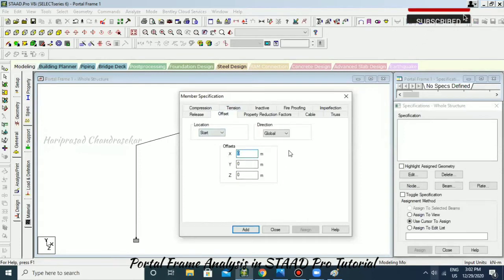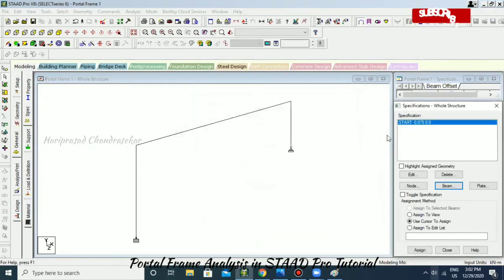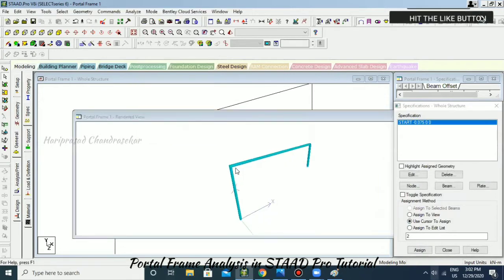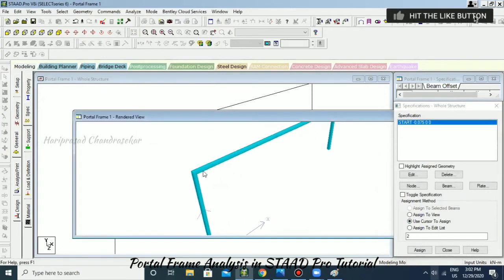We created 0.15, 0.15, in the sense 15 divided by 2, 7.5. So you need to put minus 0.075 and then start. And I need to put add, and select the beam, assign to selected beam, assign, yes. See, now can you see a little bit of extension? So now we got it. That is called a member offset.